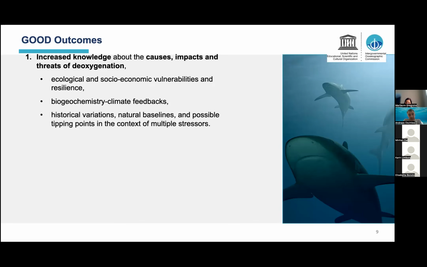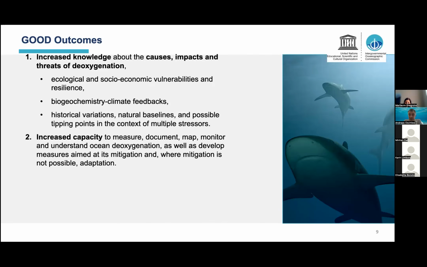Develop indicators that tell us how close we are to some guardrails, what are possible dangerous tipping points, and how does all this interact with other stresses, warming, acidification, and possibly sea level change and changes